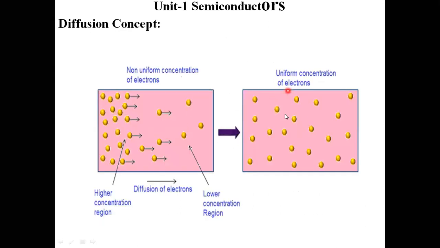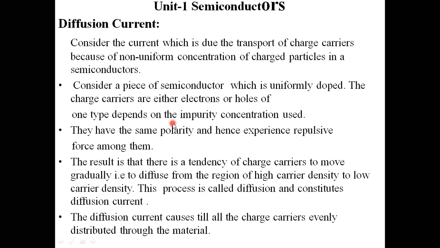This is a non-uniformly doped semiconductor material we are taking here, and those charge carriers depend upon the impurity concentration. The traveling of charge carriers may take place with respect to the electrons or holes. Now, if we take an n-type semiconductor material, the majority charge carriers are electrons. With respect to the p-type semiconductor material, those charge carriers are holes. Majority charge carriers are holes.